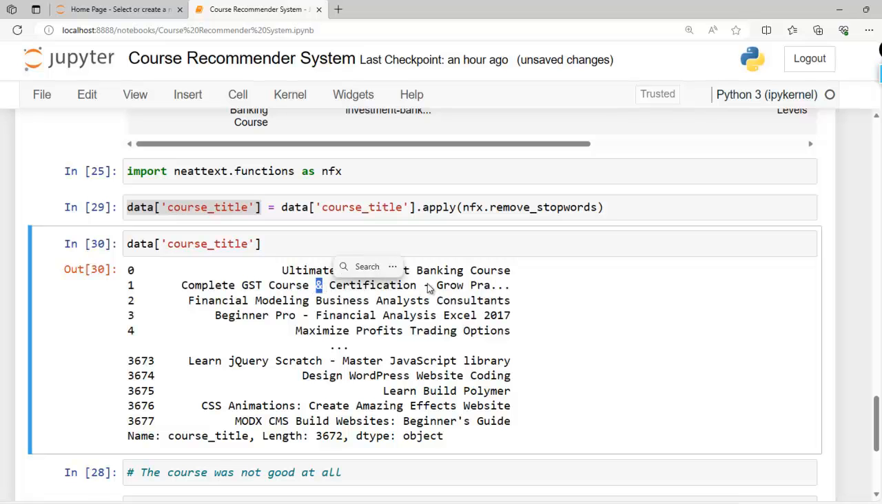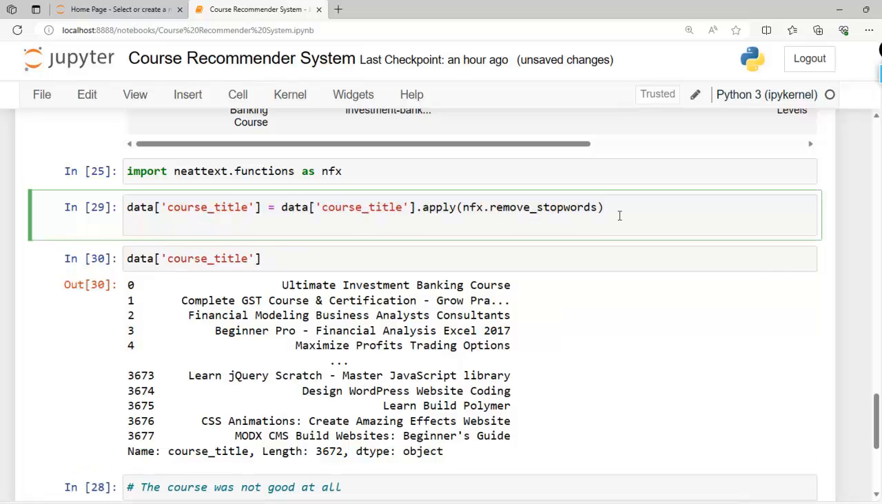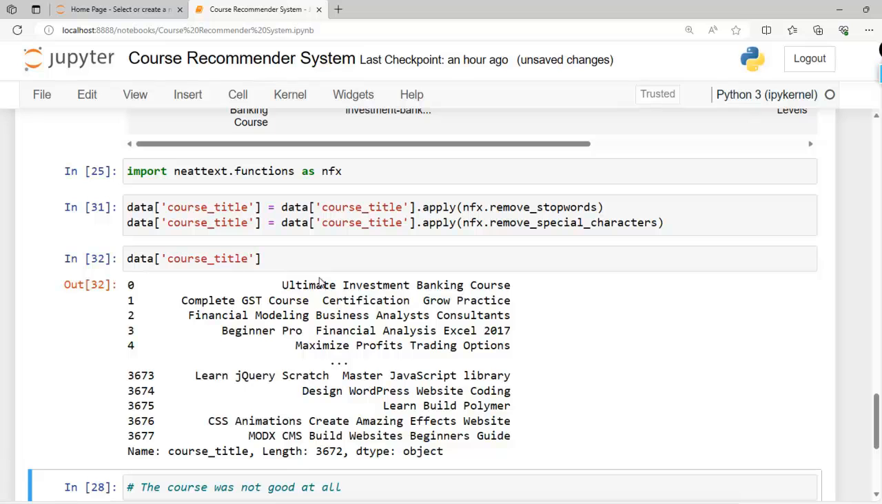Now let's remove these special characters. Let me copy this statement, paste it over here, and here let me write nfx.remove_special_characters. Let me execute this cell. Please look at here and this. Let me execute this cell once again. As you can see here, we have successfully removed stop words and special characters from the course titles. Since our course titles are somewhat clean,